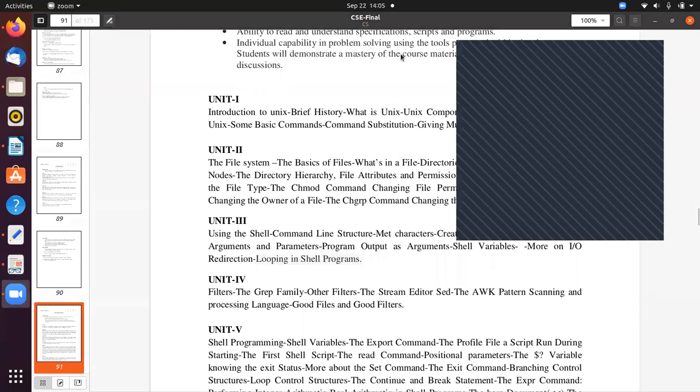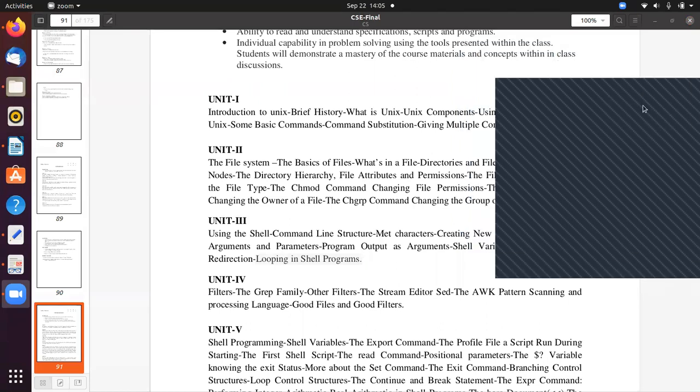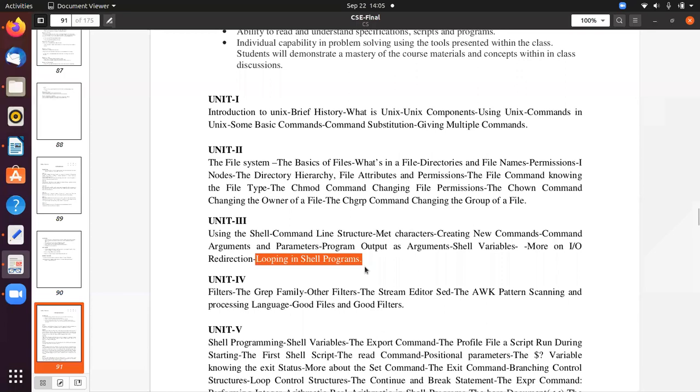So, looping in shell programs. I hope you all know that. So what is looping? But before going to this, we are going to discuss some operators.